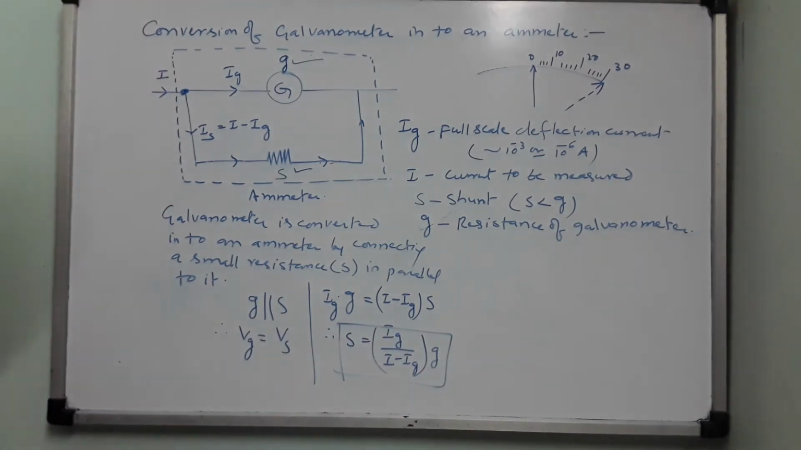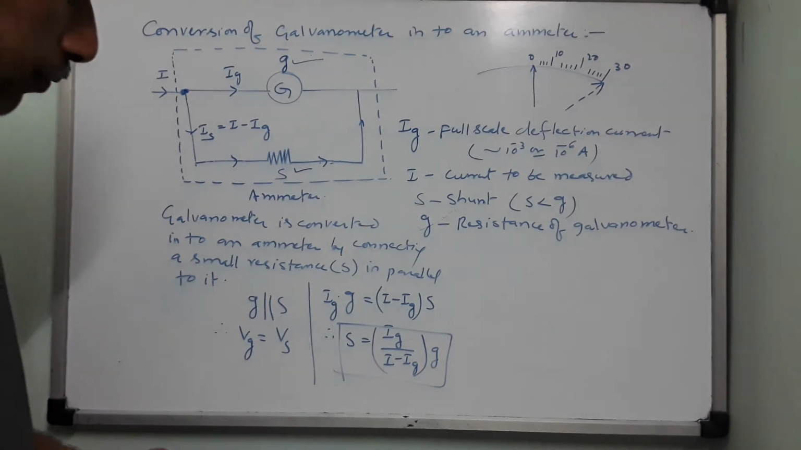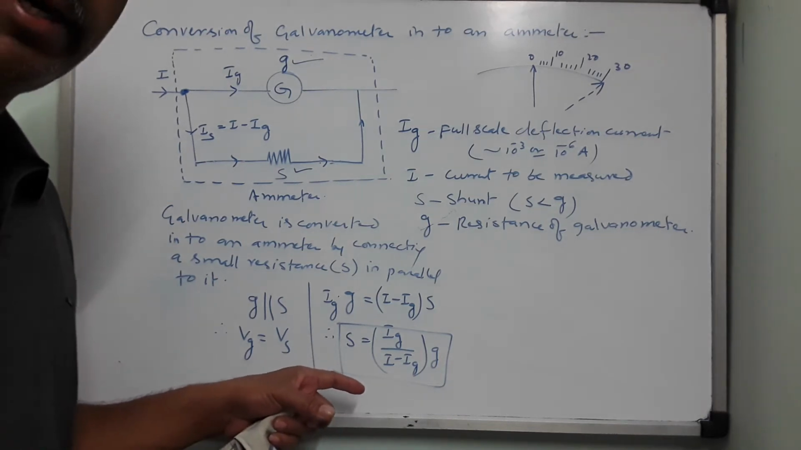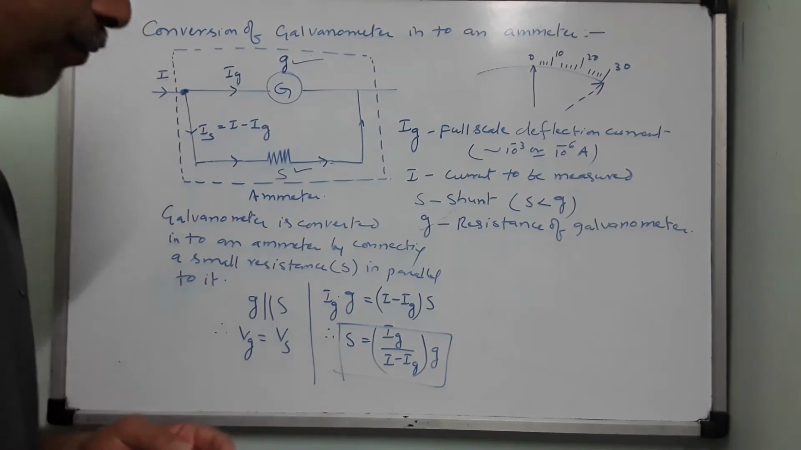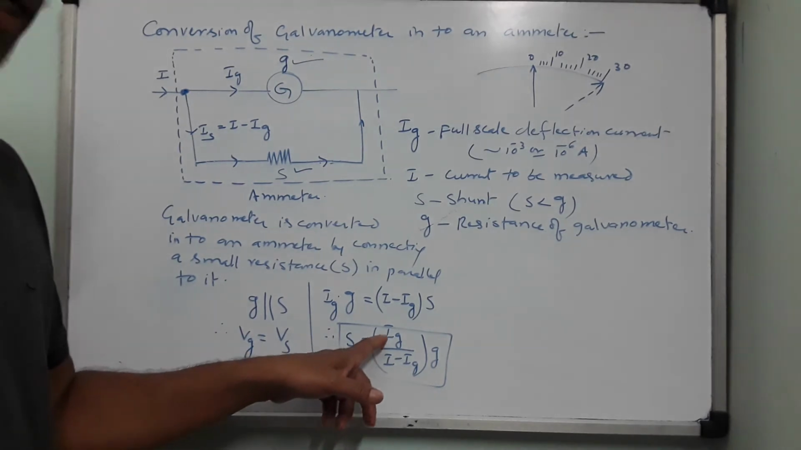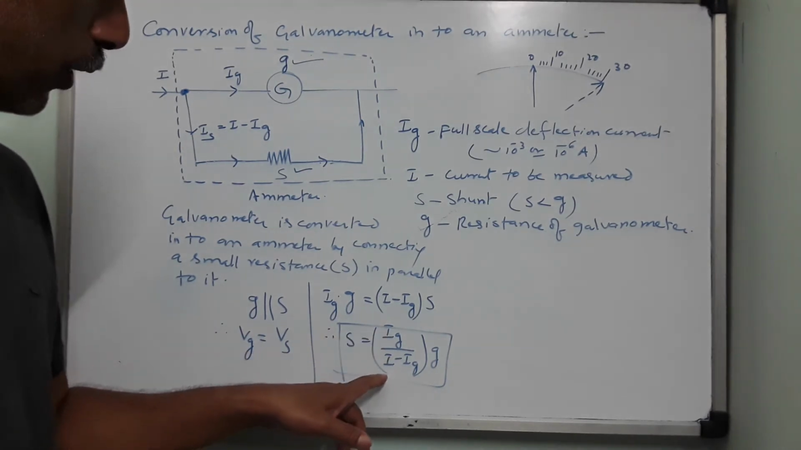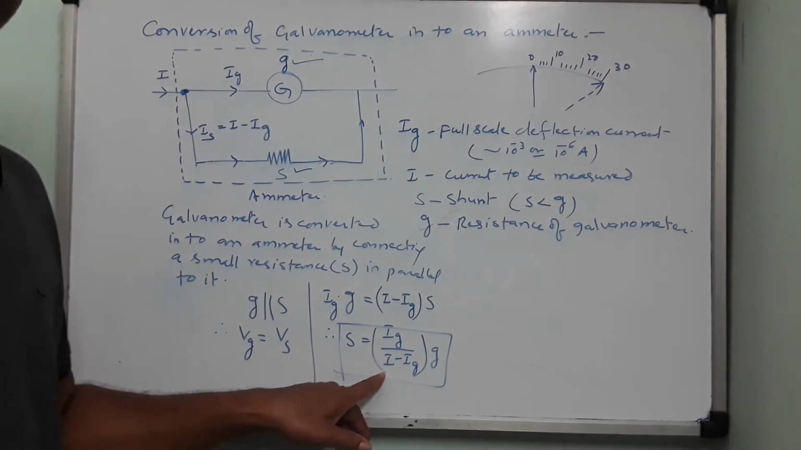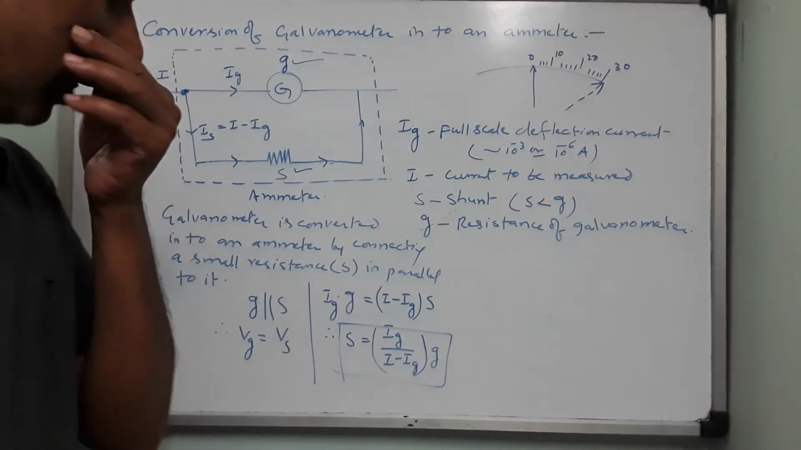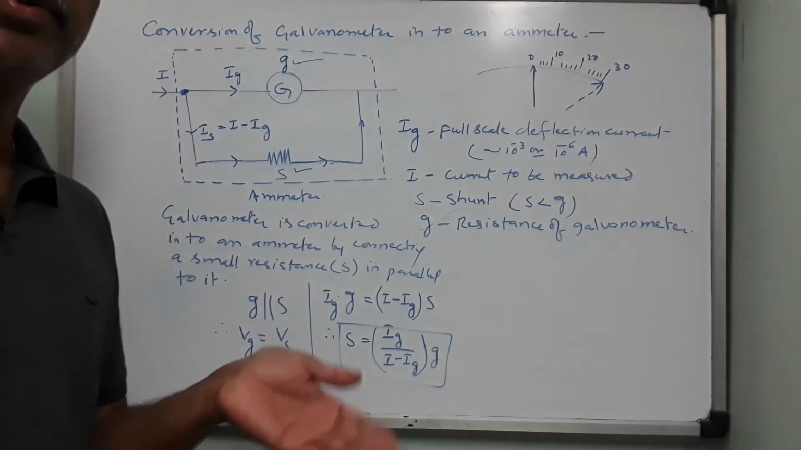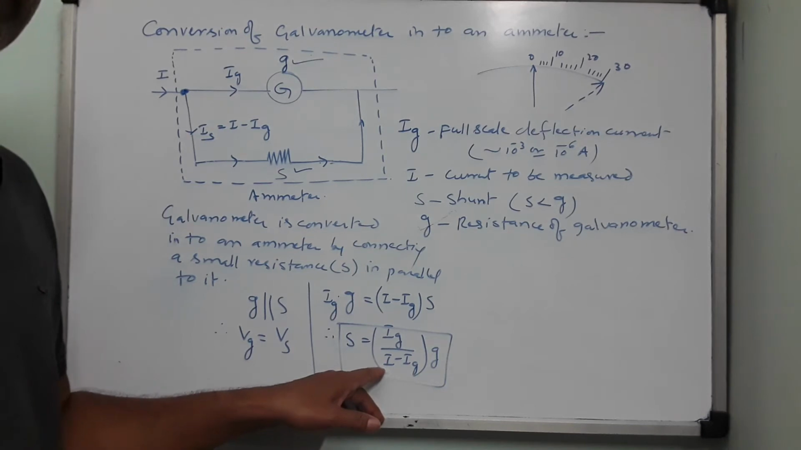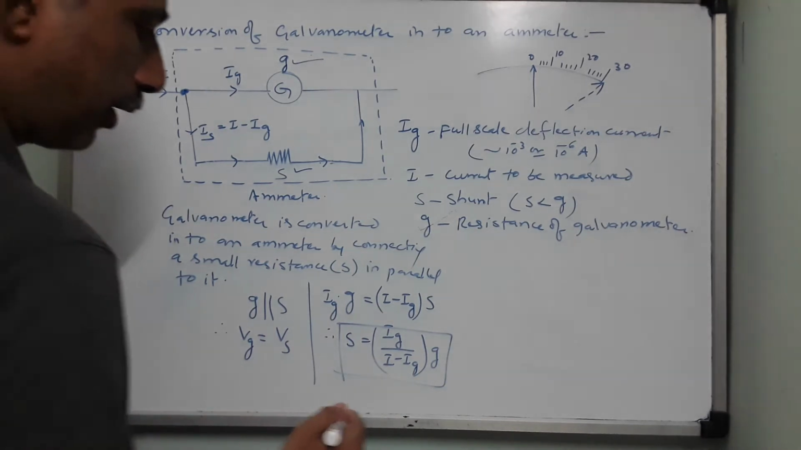So what did we arrive at, children? S is nothing but the required shunt value, that is the required small resistance to be connected in parallel to the galvanometer. In order to convert my galvanometer, which was measuring a very small current Ig, it can now be used to measure a large current I, where I is in the order of amperes and Ig is in the order of microamperes. So now we have increased the range of this meter, from a small current Ig to a large current I. So what is S here? The required shunt